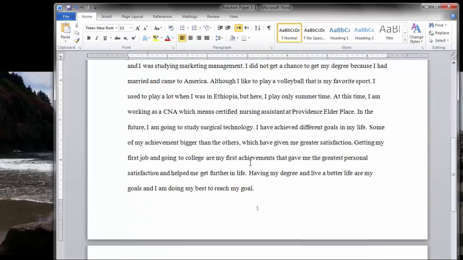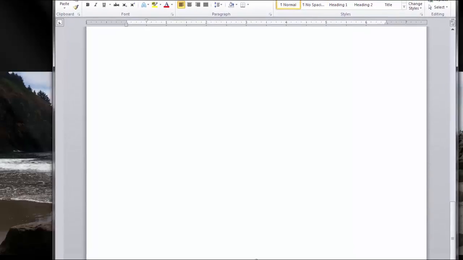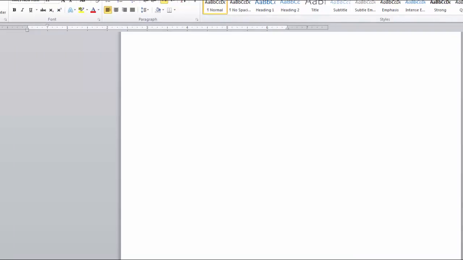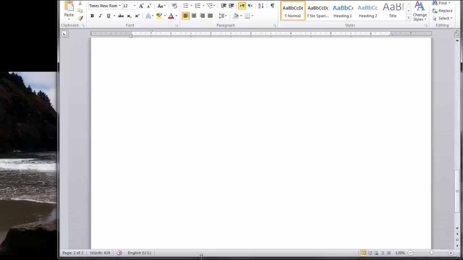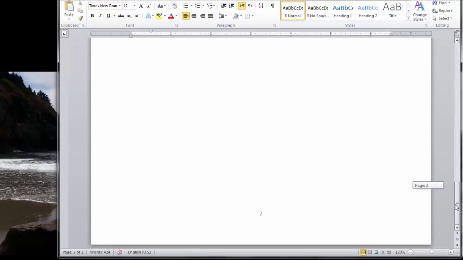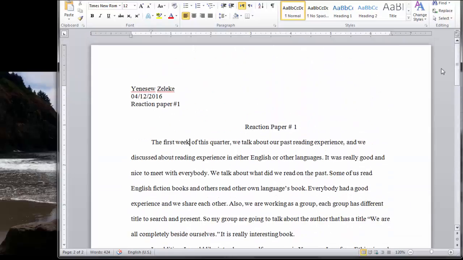Here's page 1. I'm scrolling to get to page 2. Oh, but you can't see it because my screen isn't. Let me move it. Try to move it up a little bit so that you can see the page number. There's the page number at the bottom. The other thing that you could do is, if I'm going to scroll back up again, is if you don't like that,